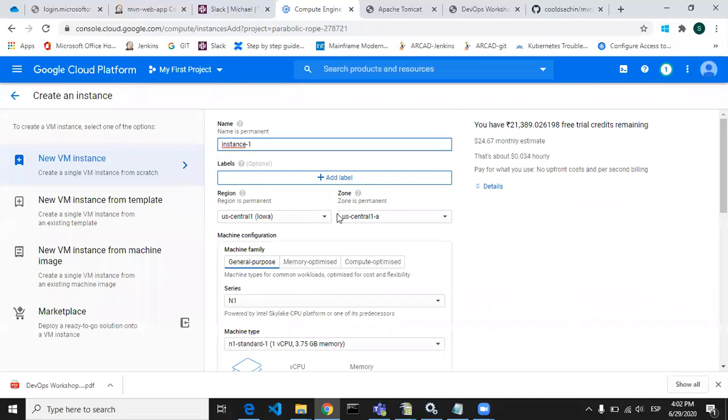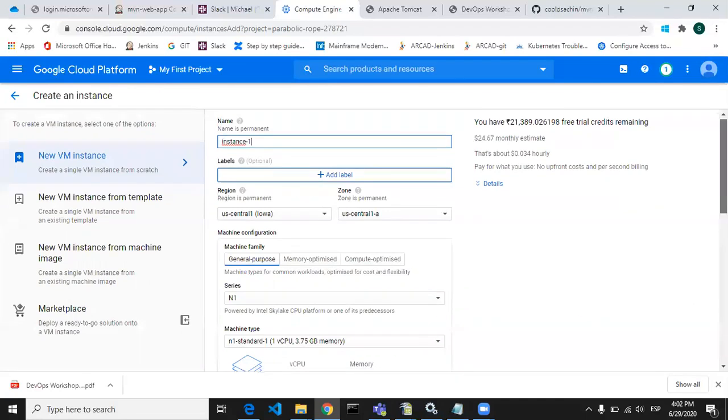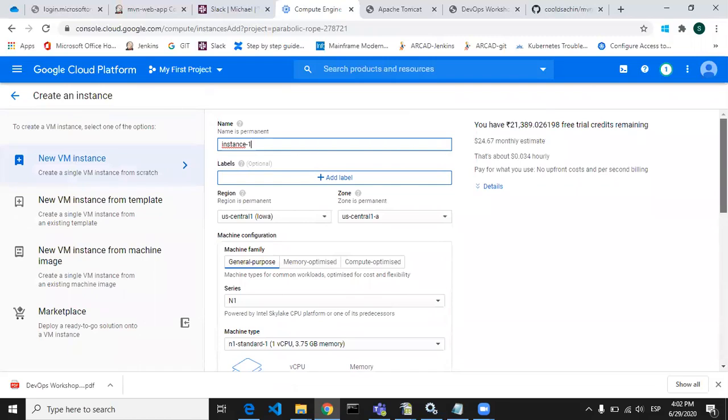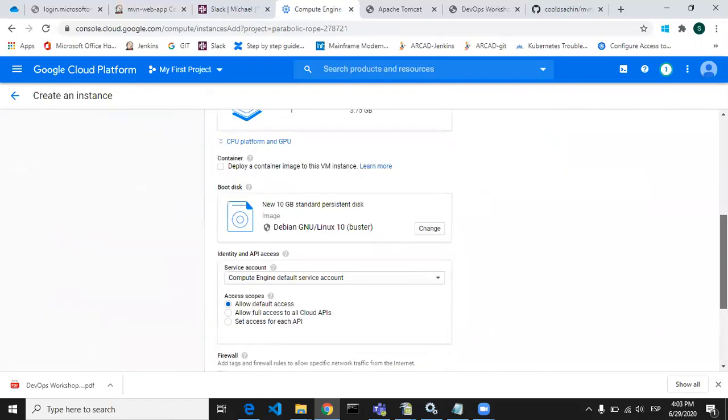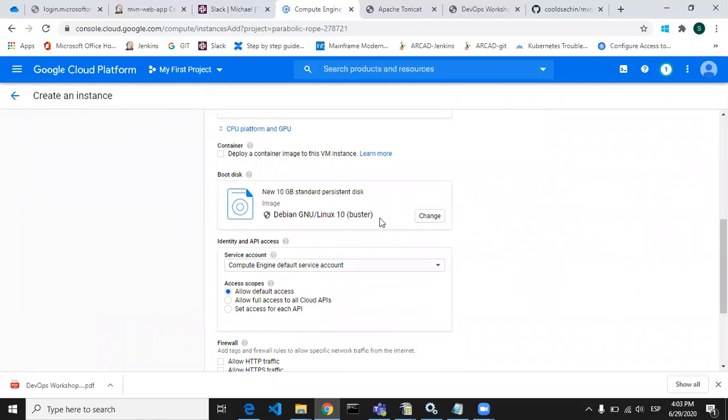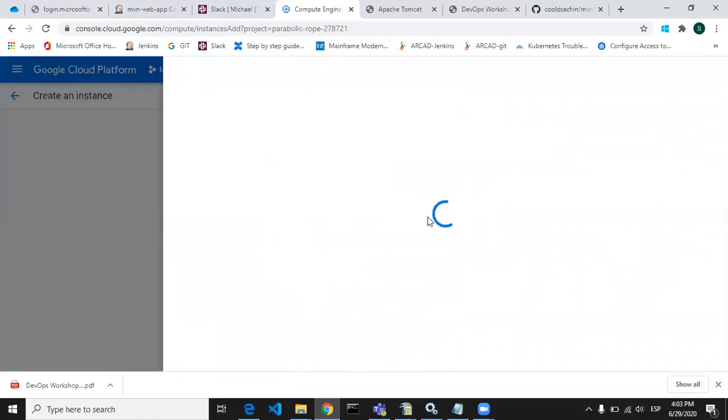Sometimes problems occur on your local Windows machine. There is a port problem, or maybe there are some other issues, so you can avoid installing Tomcat on your local machine and rather go with the cloud. Okay. So here you have to give your server name, then leave everything else as it is. Go to the boot disk and change your operating system.